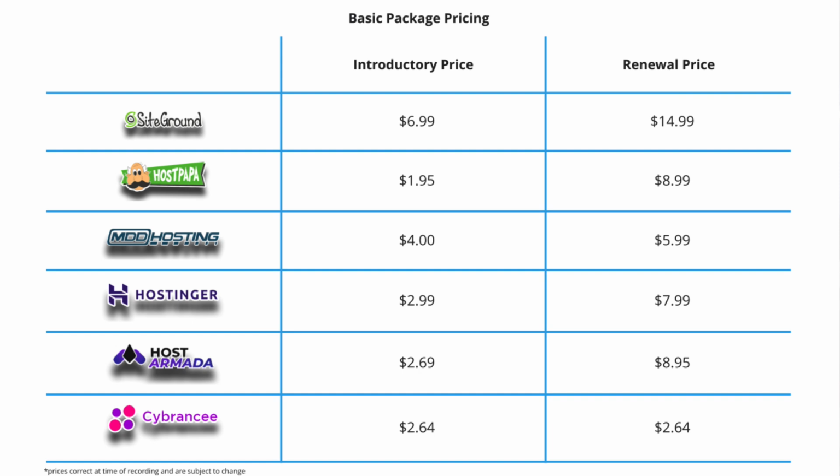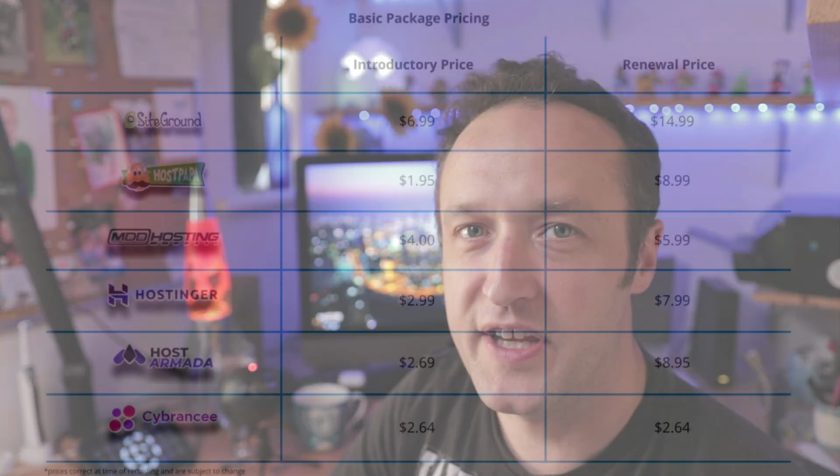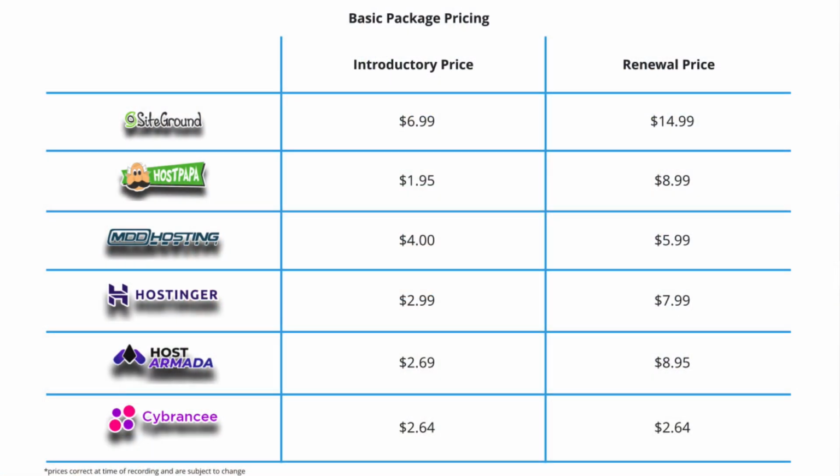MDD hosting is pretty reasonable. That comes in at $5.99 a month. And I should say that most of the features are pretty much the same between the different hosting companies in terms of storage and bandwidth and all that kind of stuff. Hostinger are very reasonably priced at $2.99 a month. But before you rush out and order with Hostinger, I think you're going to want to watch a little bit more of this video. Next, we've got Host Armada, which is $2.69 a month and then $8.95 after your initial